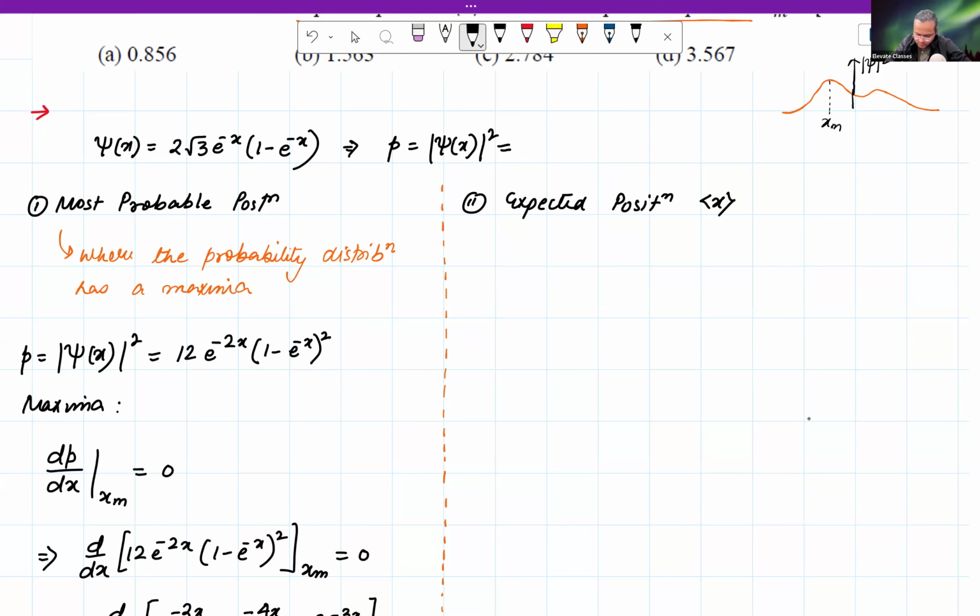So 3 into 4 is 12 e^-2x and 1 minus e^-x square। ये है probability density।